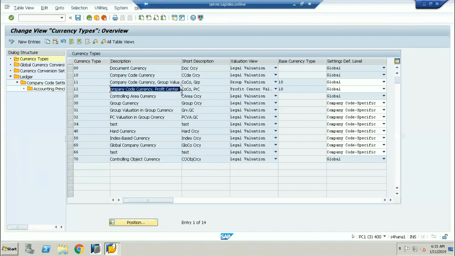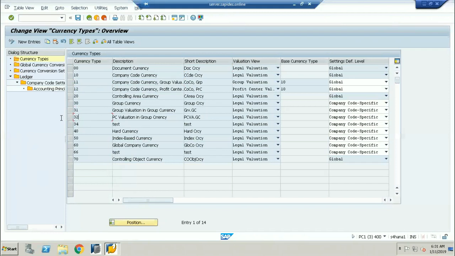Profit center means one plant to another plant. And 31 is going to be called a group valuation in the group currency. And 32, whenever you want to do the profit center valuation in the group currency, then you have to select 32 as the currency. So these are the defaults, universal, whichever country you're working in SAP S/4HANA, these are the standard ones.